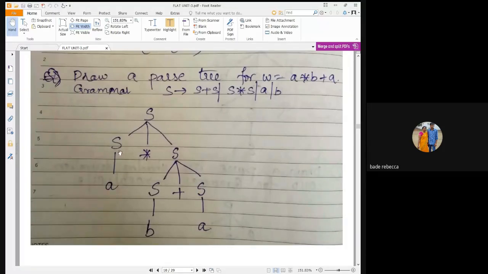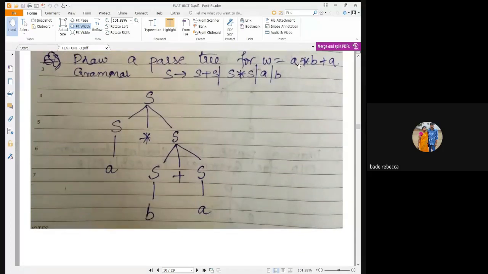S implies S star S. I'm replacing S with A, and in the right child S, I'm replacing with S plus A. Later, I'm replacing the left child of the interior node S with B and the right child with A. Is it clear? Now I get the string A star B plus A.